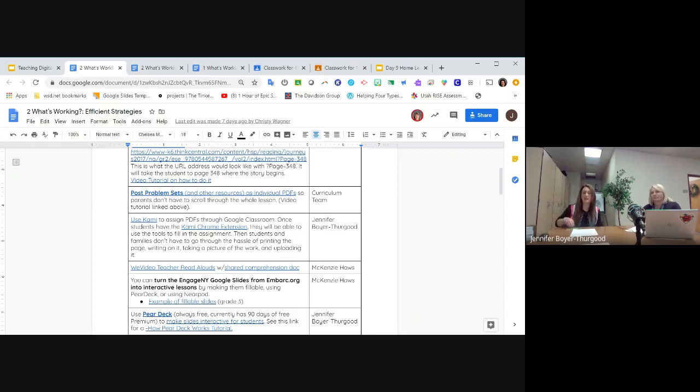But what it does is takes a PDF and it turns it into a fillable document. So any PDF you send them, like a problem set, you can make places and they just go ahead and type right on that PDF, and then they can send that Kami assignment to you right through Google Classroom. So there we've solved the problem of having to print it out, take a picture of it, upload it. You can just do it right with Kami. So if you're looking for something like that, that's a great, fantastic tool. Same with Journeys. If you're wanting to use some of those worksheets, keep in mind we don't want them printed. So maybe use Kami or a slide that you've got that they can fill in.